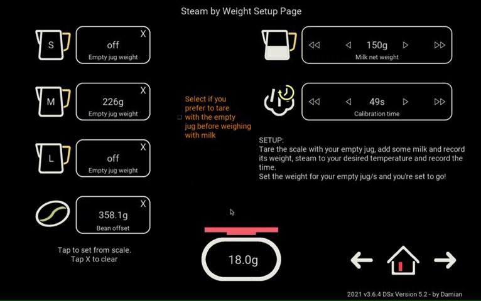So to set them up, what we do is we tare the scale, just put our dry milk jug on the scale. That'll give us a weight here, and then we just tap this section to record that weight. I'm just using the app in simulation mode, so I've just got it on my Mac here. So I've just got a dummy value of 18 grams. But if I was to tap here, you can see now it's recorded that scale weight here